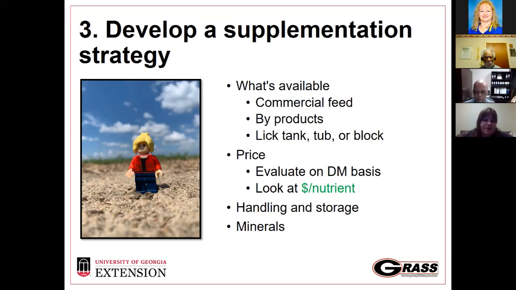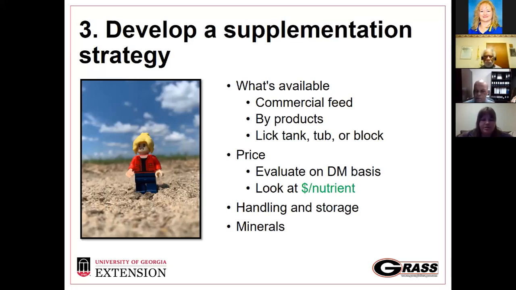A lot of producers are going to look at a commercial feed or byproduct. I know lick tanks are very popular, especially down here in South Georgia. There's a lot of products out there, and so we want to evaluate them on a dry matter basis, especially when we start looking at those tanks, tubs, or blocks. If there's any liquid in there and the molasses, we want to look at the dollars of the actual nutrient that's available, not necessarily the dollar for that unit of product, because it could be more diluted in some products